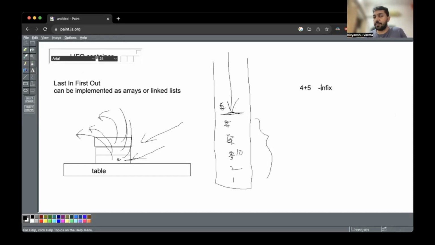The computer does not evaluate in infix. The computer first converts this infix to postfix. So how will postfix look like? That would be 4, 5 plus. This is called postfix. So a computer evaluates according to postfix. In infix, you need brackets as well. So suppose you have something like